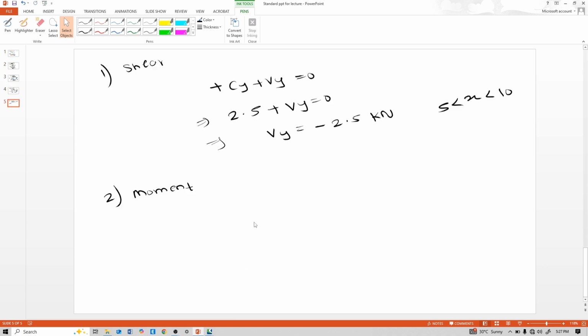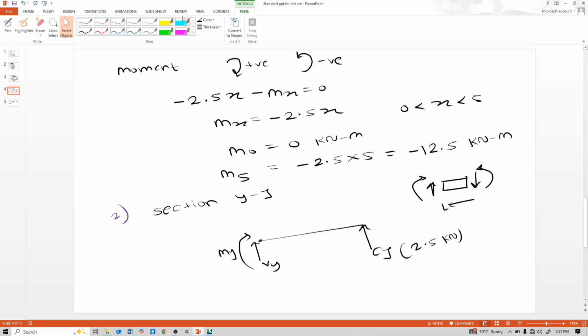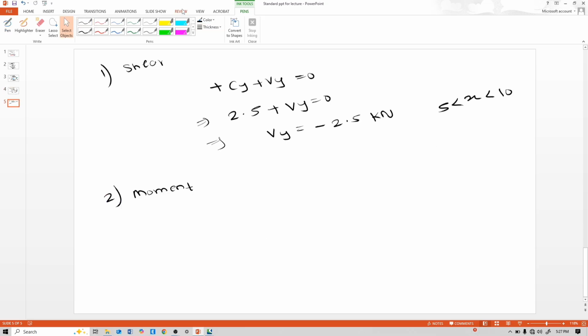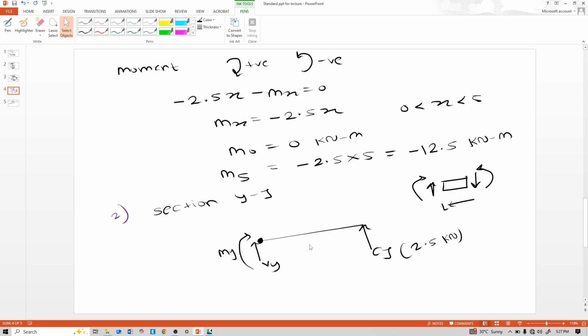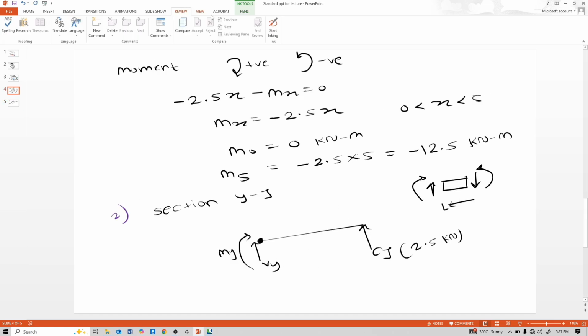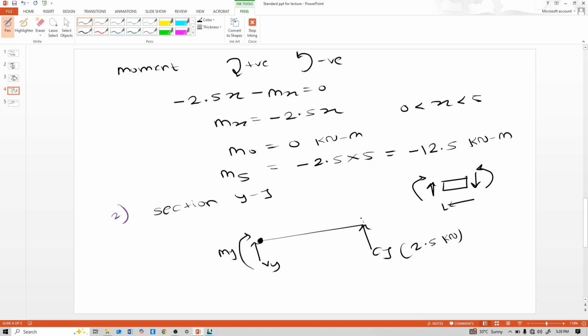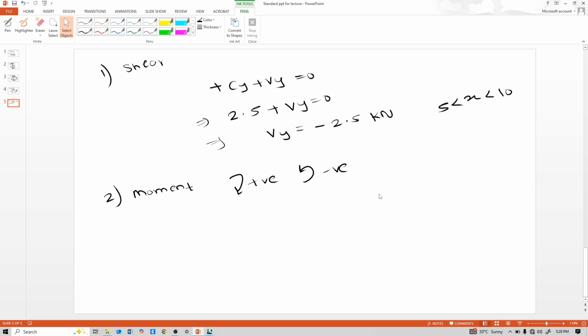So moment, we take moment here at this point. Clockwise moment is positive, anti-clockwise moment is negative. So see, this force goes through that point where we take moment, and this is anti-clockwise rotation. So anti-clockwise is minus Cy into, so this 2.5